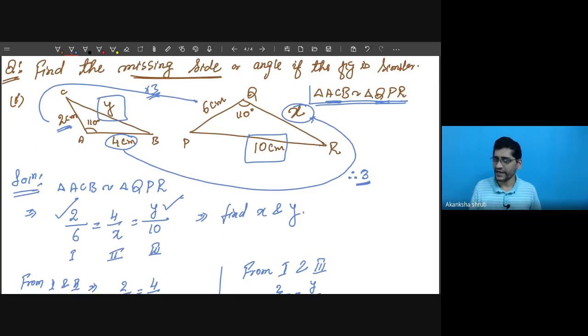So questions are very easy. In a similar fashion, it may be given for a rectangle or any quadrilateral. The same concept we have to apply. Okay, students? So this was based on the side length. Angle did not need to be calculated. Otherwise, if two angles are given, the third can be calculated by applying the angle sum property itself.